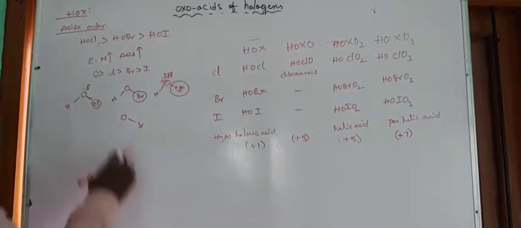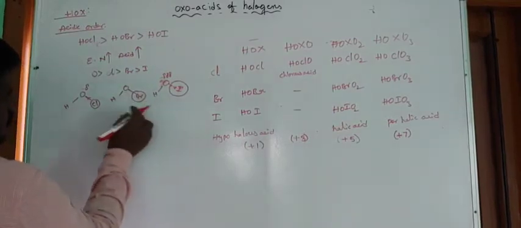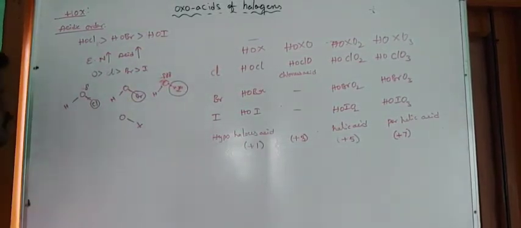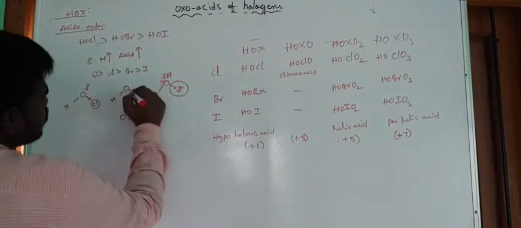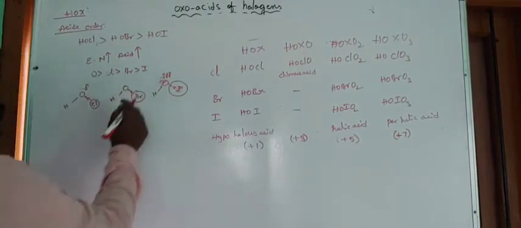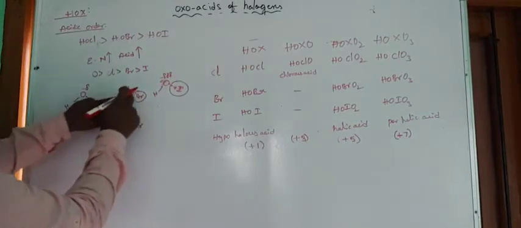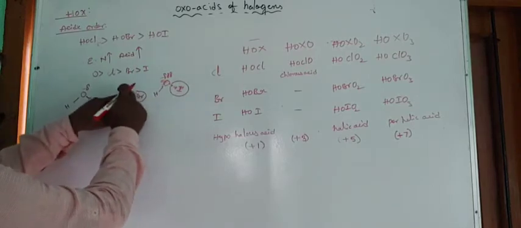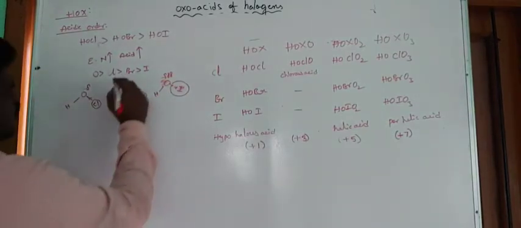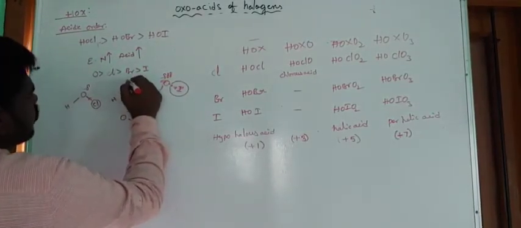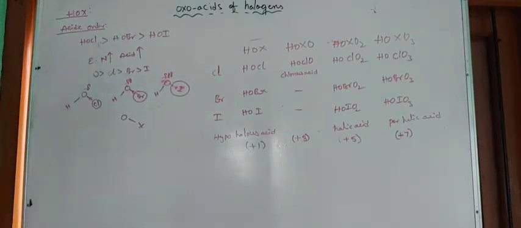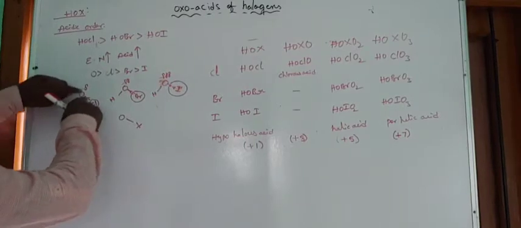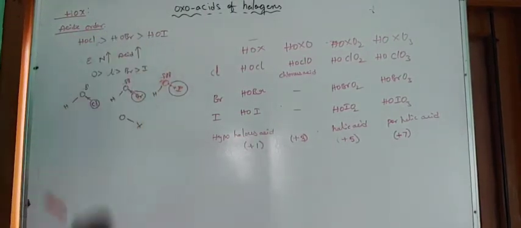Right, next one, what about here? You see here the size of the bromine is in between chlorine and iodine, and its electronegativity is also in between chlorine and iodine. So comparing with chlorine, this bond is weakly attracted by the oxygen, and comparing to this bond, it is strongly attracted by the oxygen. So here electron density on oxygen is intermediate. Now you see guys, here electron density on oxygen is less, here very high and here very high.